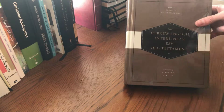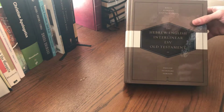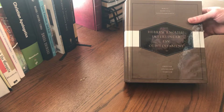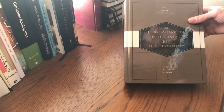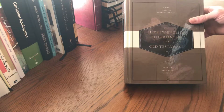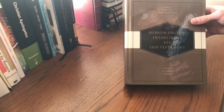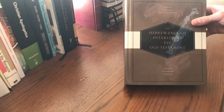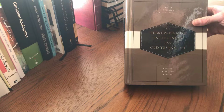So what's different about this is sometimes you'll have an English-Hebrew interlinear where you'll have maybe the English Standard Version, the NIV, the NASB, or the King James or something or other, and that translation running on the top with the Hebrew words that correspond